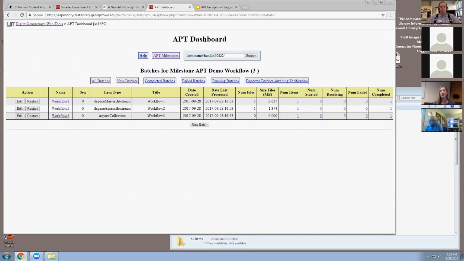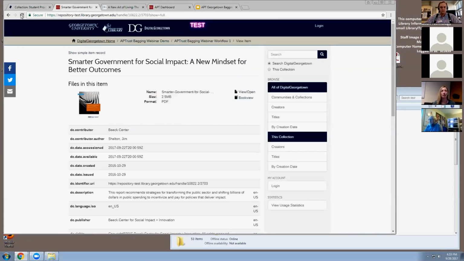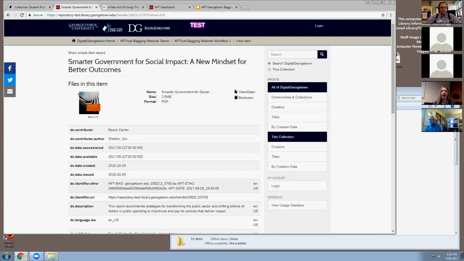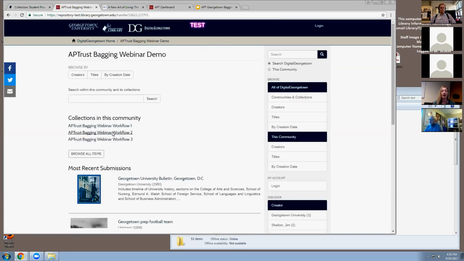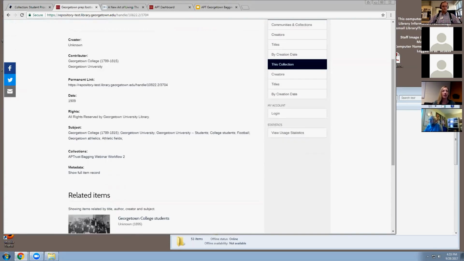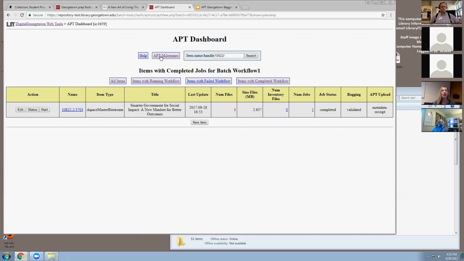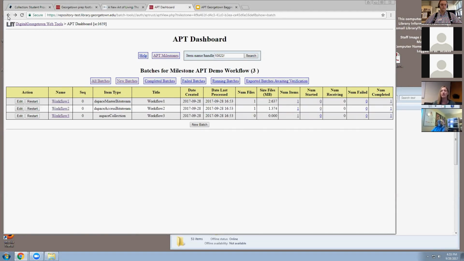And I'm happy to say that I just refreshed and our items have completed. So we can finally show you, in our APT upload box, we have a metadata receipt. Now if I refresh my item, I can see my APT bag e-tag with the date and time that it was ingested, which is great. And if I go back to my second item, I should be able to see the same thing. So I'm just going to refresh that and go to the full record. And there's my e-tag. If I were to go into the demo repository, I would be able to see those items as well being sent.